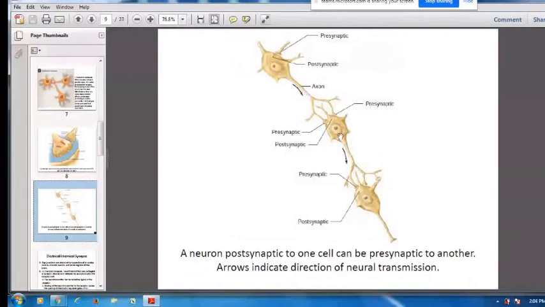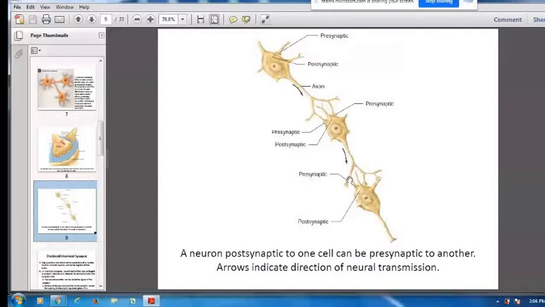This is a presynaptic neuron because it is before the synapse, because we are considering this synapse. And now this is a postsynaptic neuron. Again, if we consider this one, it becomes the presynaptic neuron. This is exosomatic, isn't it? And what about this one? This is presynaptic and this is postsynaptic. This is also exosomatic.